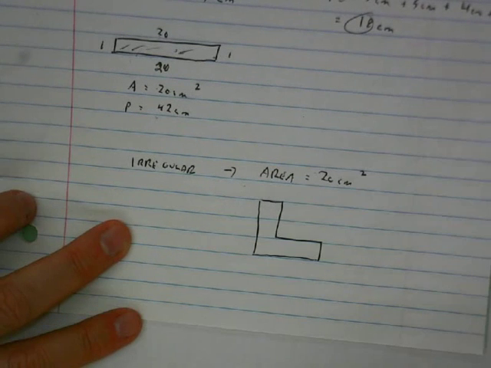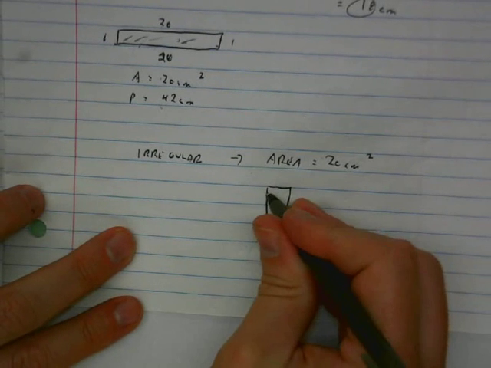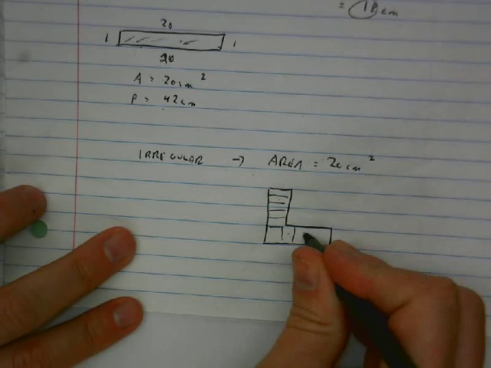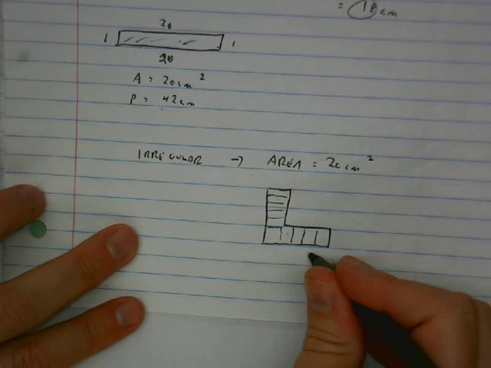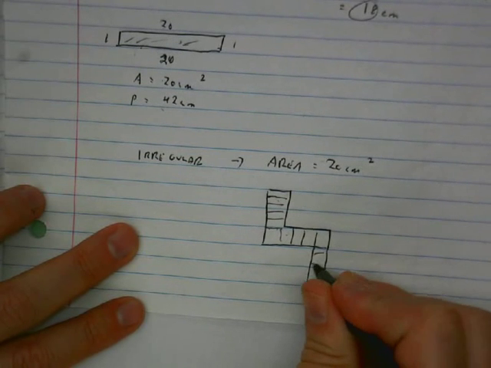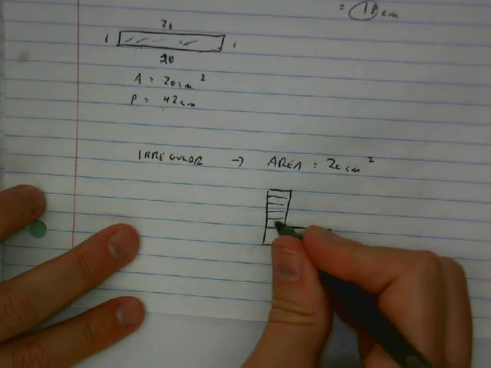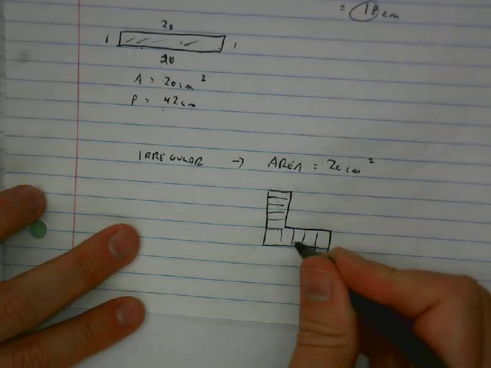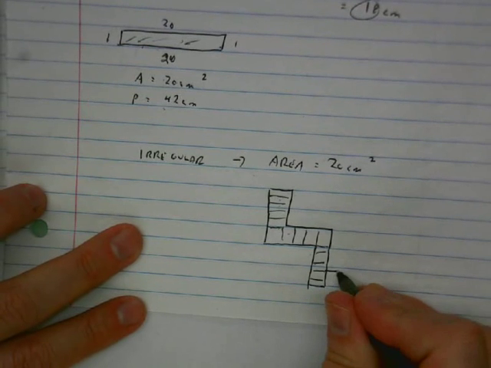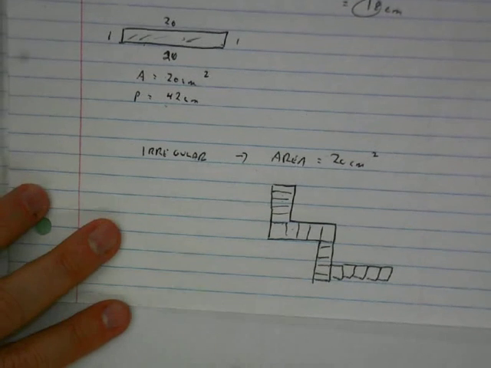And if I take this shape and cut it up into 20 pieces, so there I've got 10. I'll continue it down. Sorry, I have 1, 2, 3, 4, 5, 6, 7, 8, 9, 10, 11, 12, 13, 14, 15, 16, 17, 18, 19, 20. Even though my drawing is off, and I know it is because the squares should all be the same size, so not to mislead you,